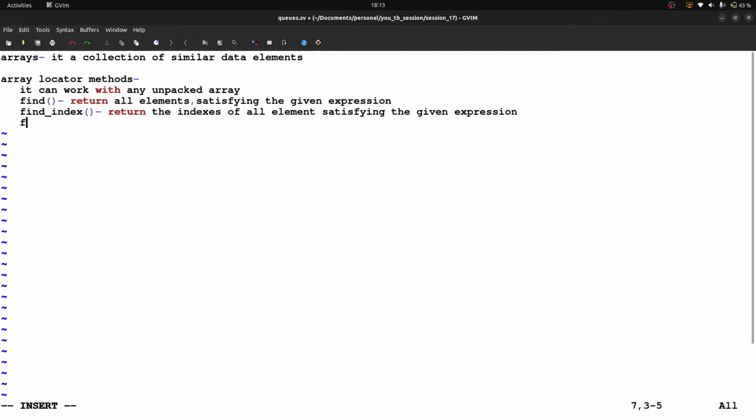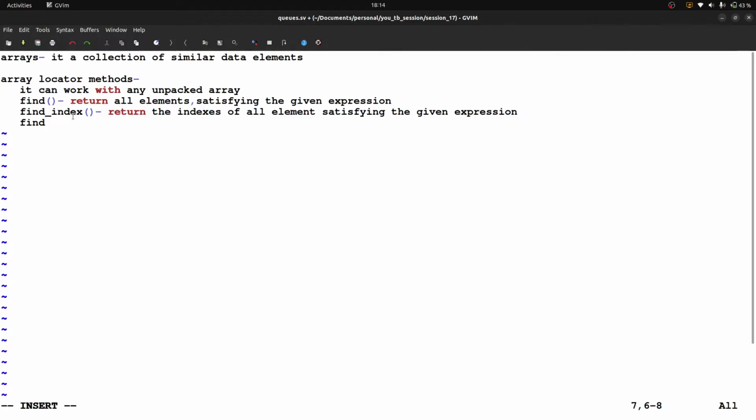Next is, what is the meaning of this method? The first method was working on the array elements, and for the same thing, you can see the names, this is find and this is find index. With (x > 5), it will give the index values instead of data. The first method was returning the data values, but this method includes index in the name, right? So it will return the index values.